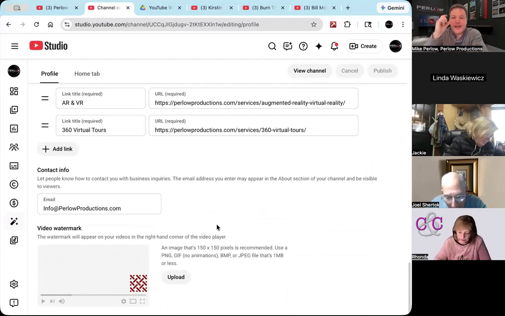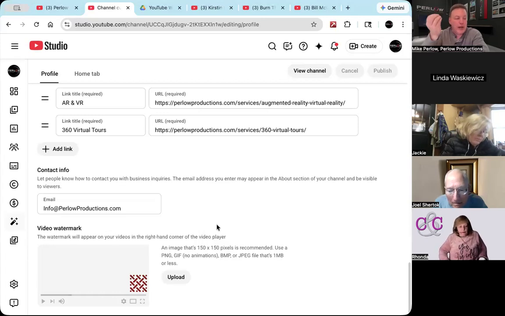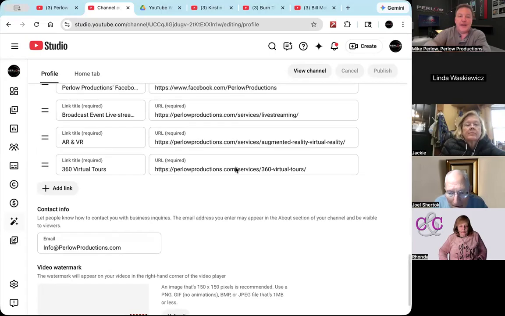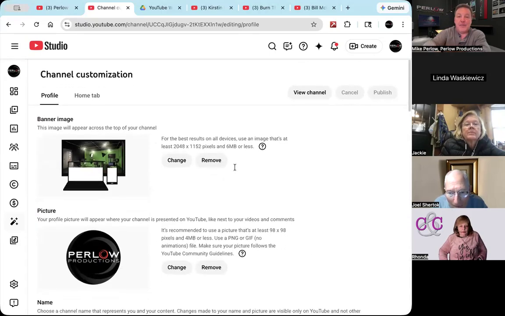So what you need to do is upload a PNG file, which your graphic designers will know what this is. It's a transparent file, so when it goes over a video, it doesn't block what they're seeing in the video. So ask your graphic designer or whoever does your logo, give me a PNG file I can upload to YouTube for my video watermark. Anytime your videos are embedded or played anywhere, that watermark will show up on the video so people identify that this is a video from your company.